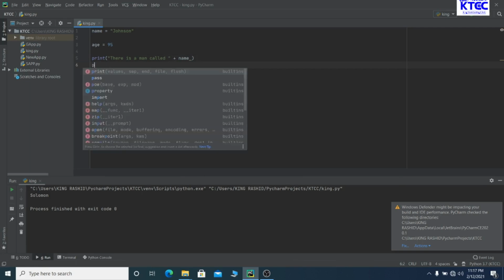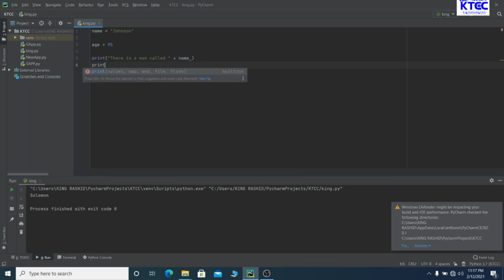So we go to the second line. When we run it, this will print there's a man called Johnson. Don't forget that. So we go for the second line. Say he is 95 years old, right? So we say he is